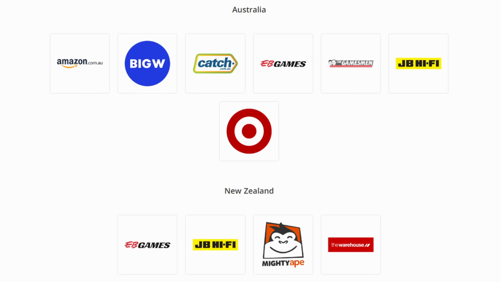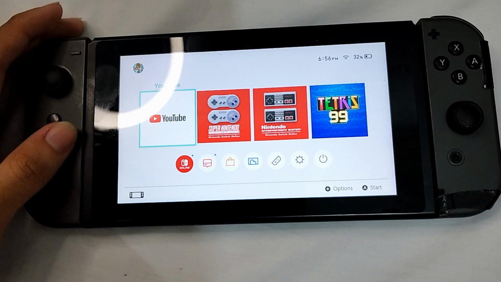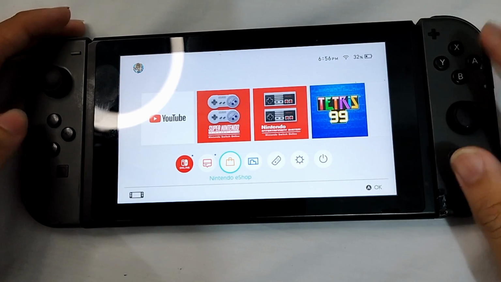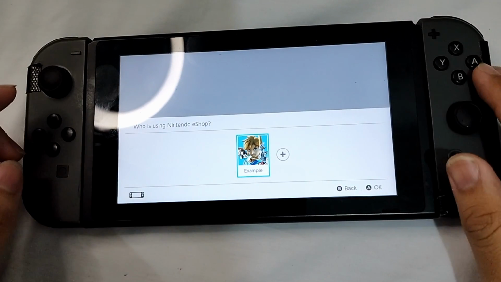Now, if you don't want to buy it from retailers, there is a way you can play it online here, right? So if you buy Nintendo Switch Online, you can get the SEGA Mega Drive Classics for free, right? Now, it's called a SEGA Mega Drive in North America, but in the USA, it's called the SEGA Genesis,